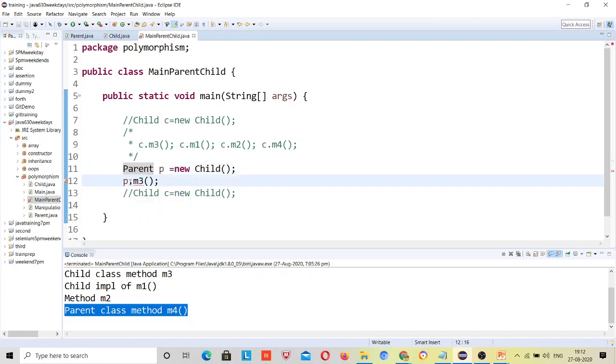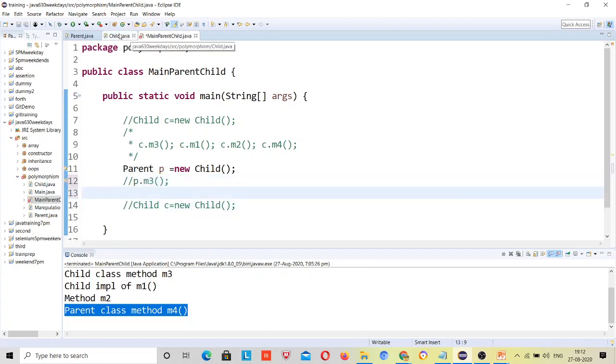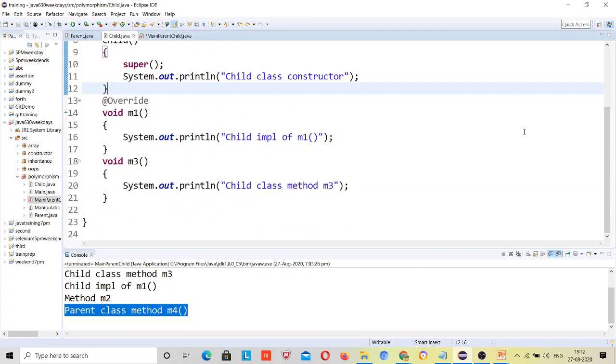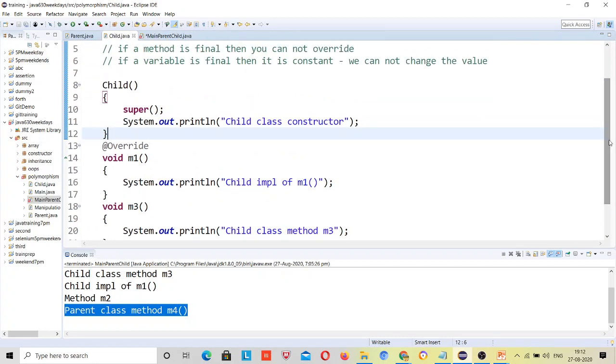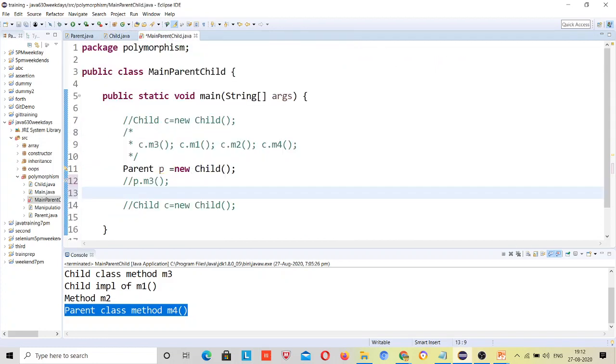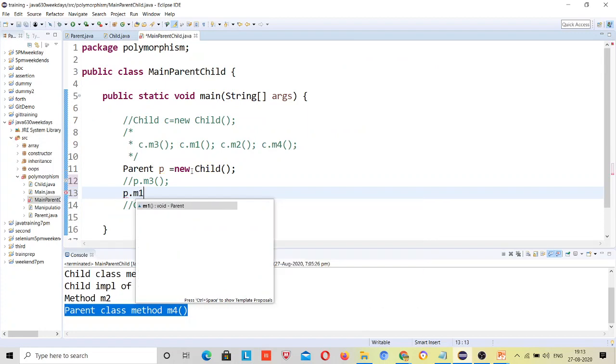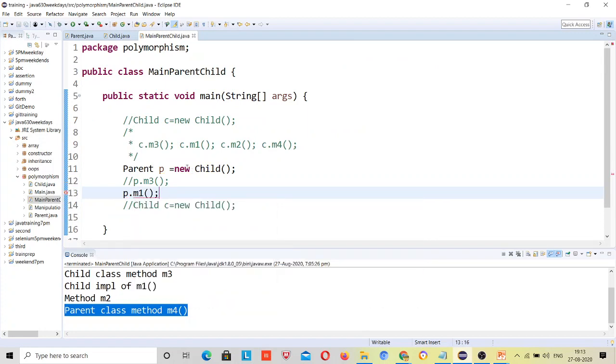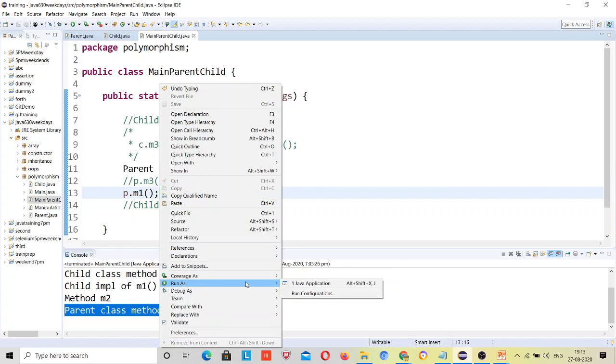But suppose, let me comment out this line. m1 is coming from parent, right? So I will call parent p dot m1. Now let's run it. What does it say first?